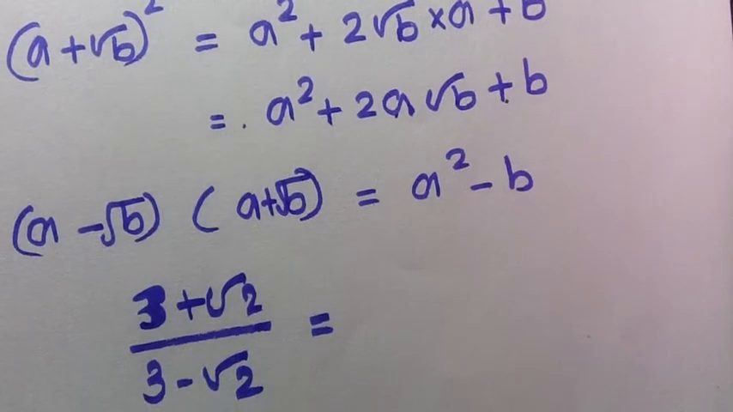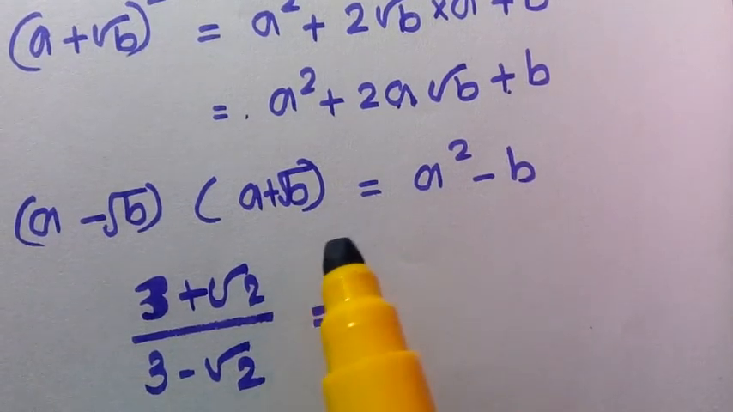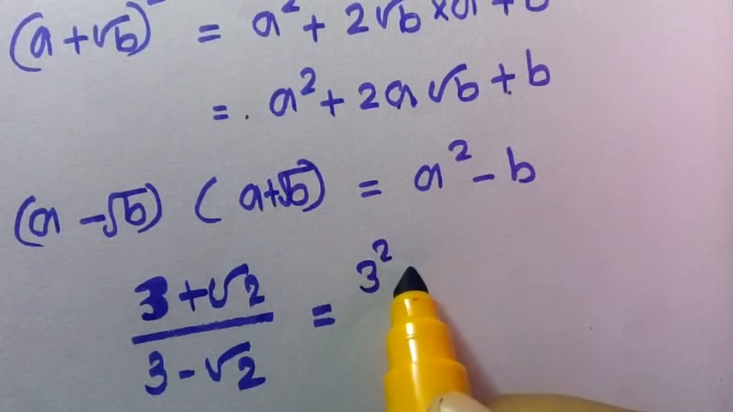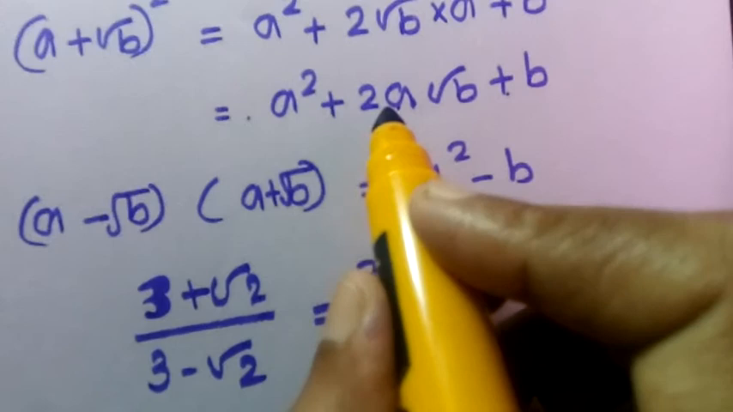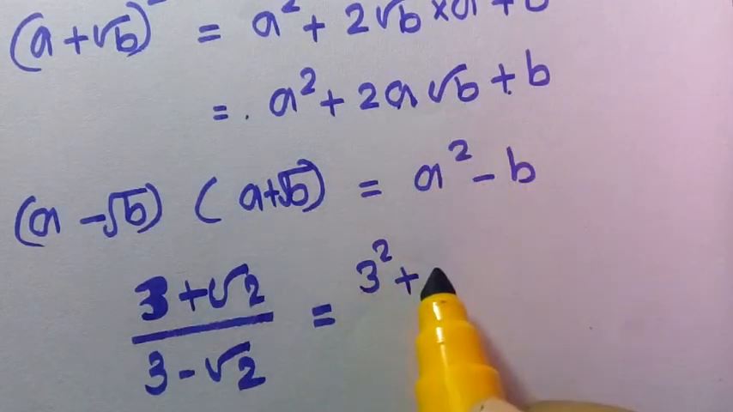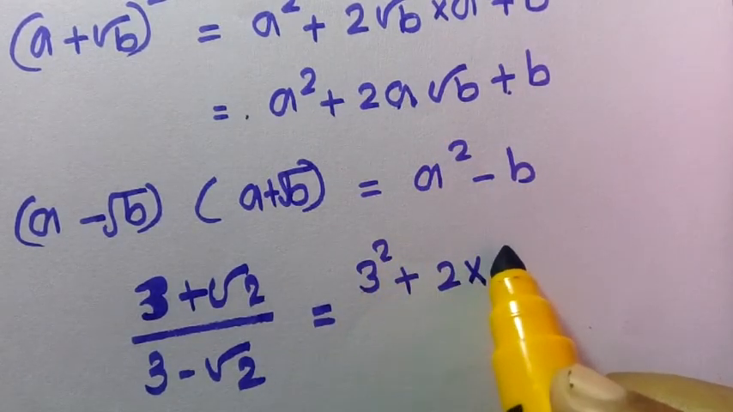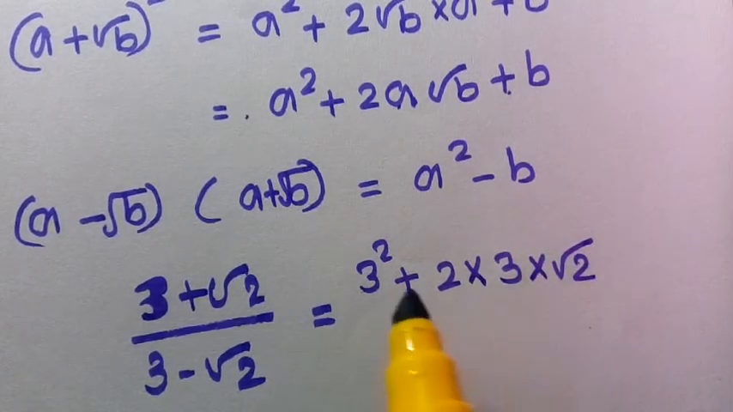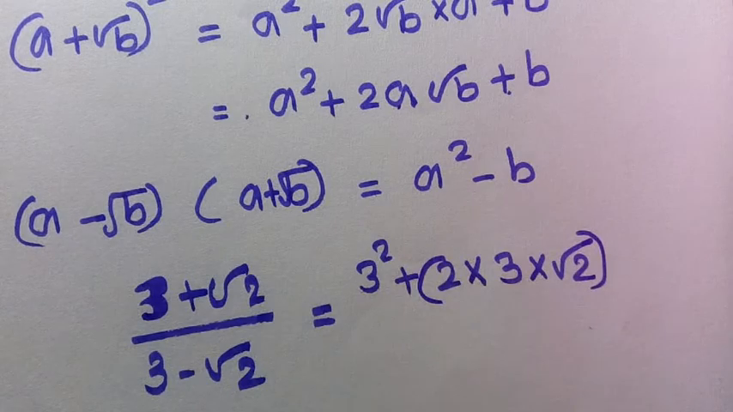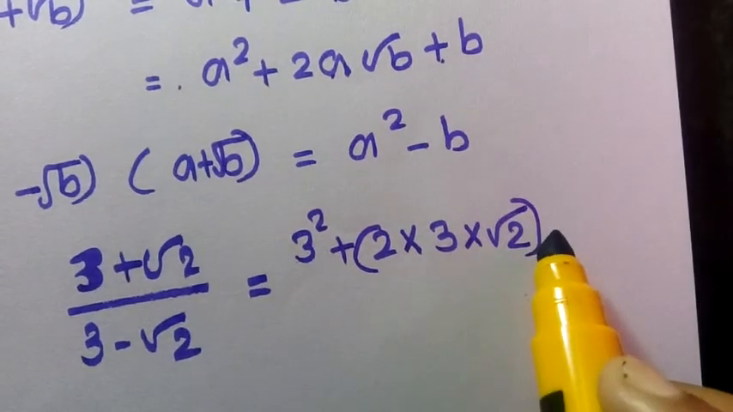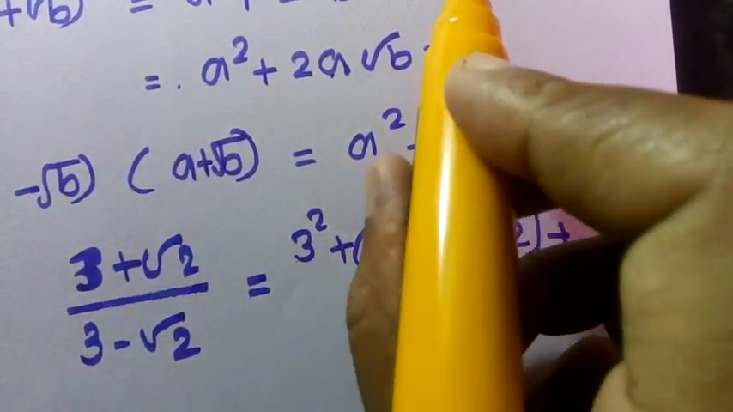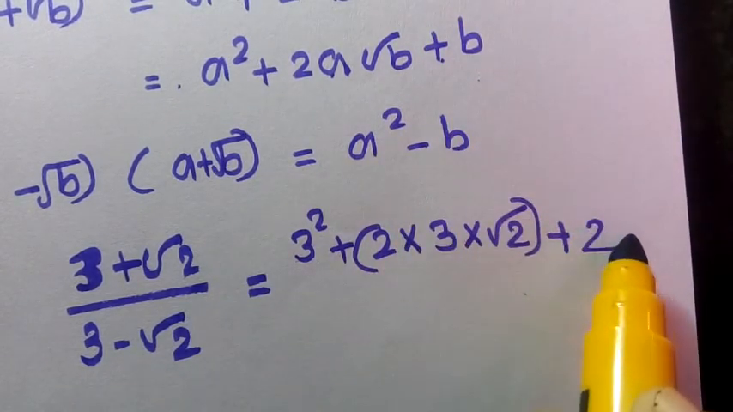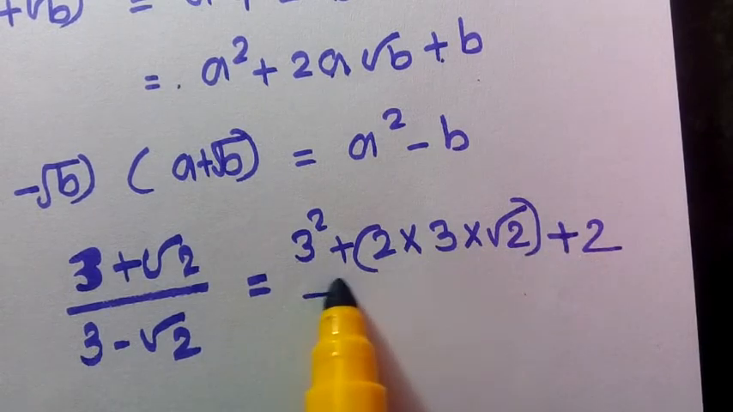So (3 plus root 2) the whole square is equal to a square, that is 3 square, plus 2 into a into root b. 2 into a is 3, into root of b, b is 2, plus b. What is b? b is 2, divided by...